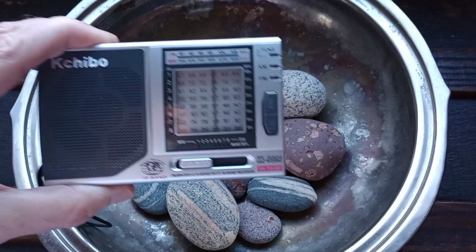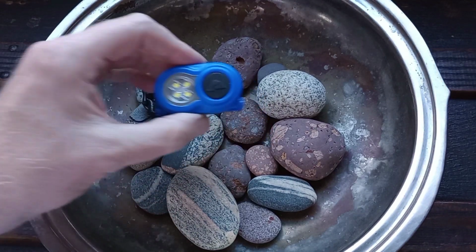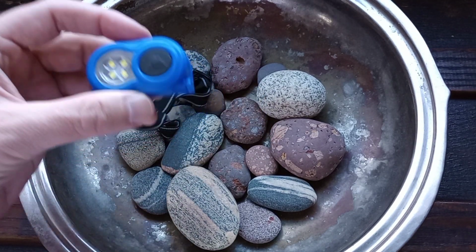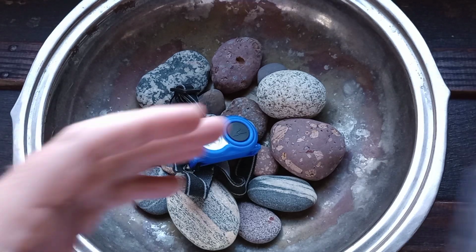Also, just to have in the car, say, as an emergency light source for camping. We are a family that likes to do camping and backpacking and the like. But since my injuries, I have been pretty stationary on the sofa, and as the evenings are getting darker because we have passed the equinox and headed toward the solstice, the sun goes down awful early, and it's nice to have a headlamp nearby for those times when I'm lying on the sofa and I'm looking for something to do, whether it's listening to the radio,